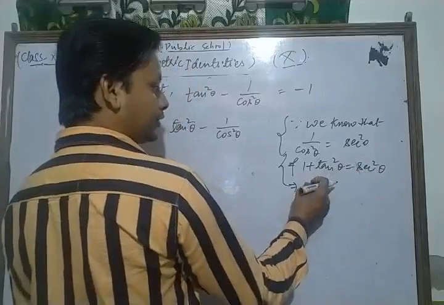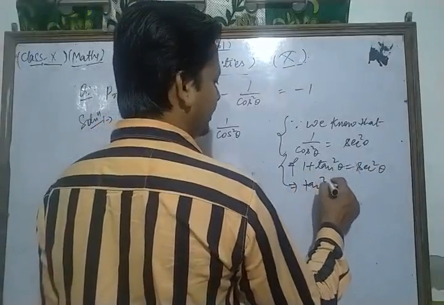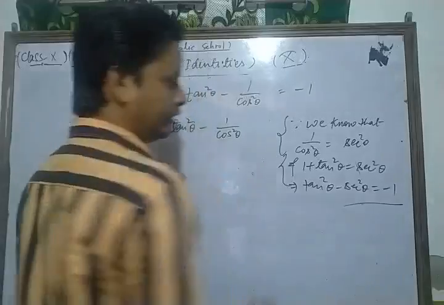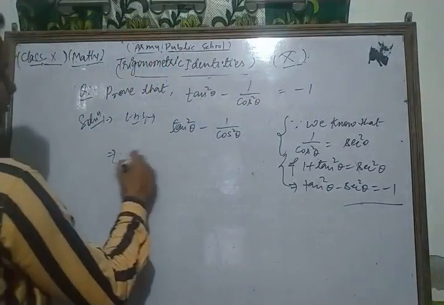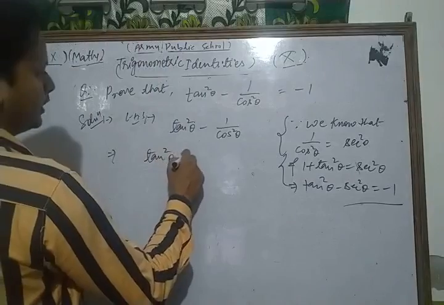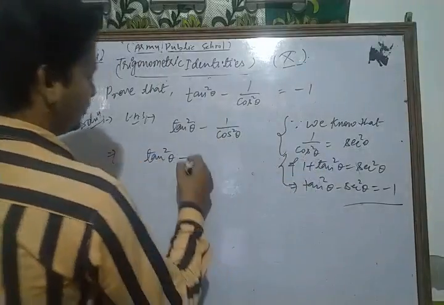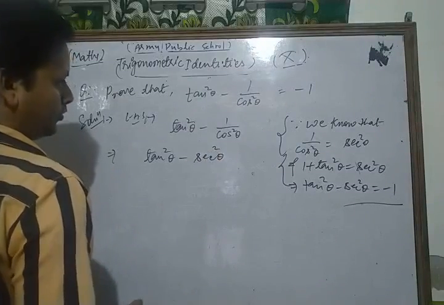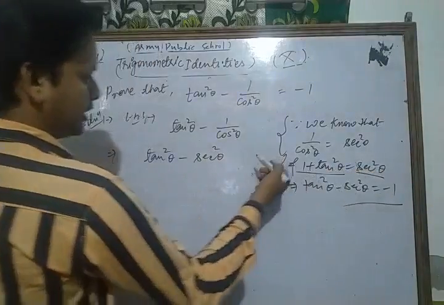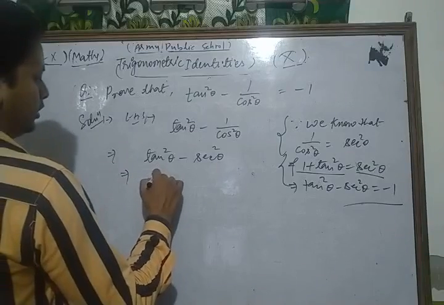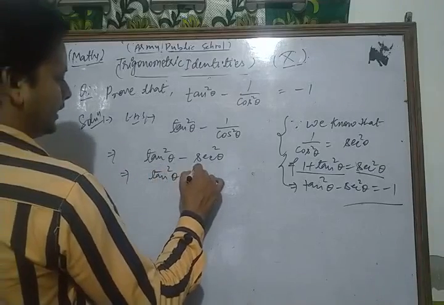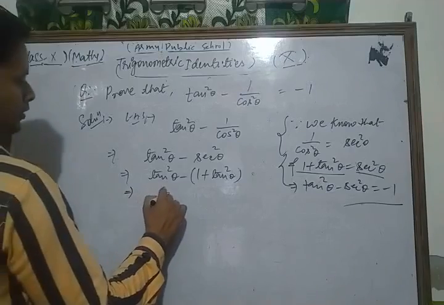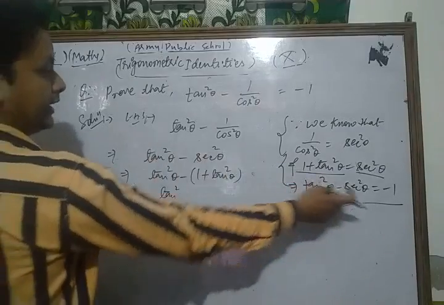if we write sec square theta transfer that side, so we have tan square theta minus sec square theta, and 1 transfer that side is equal to minus 1. We can write now. So from there we have tan square theta minus 1 upon cos square theta is what? Sec square theta, or we can write sec square theta as 1 plus tan square theta. So here we put 1 plus tan square theta. In bracket we put 1 plus tan square. We break the brackets, or directly we can write minus 1.